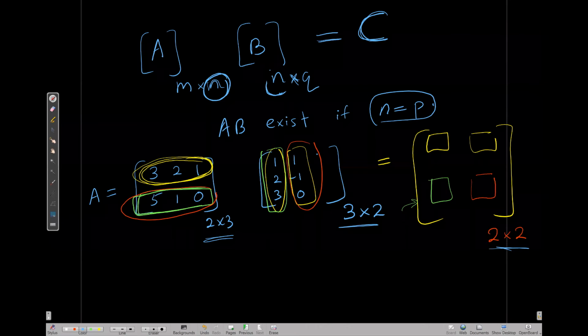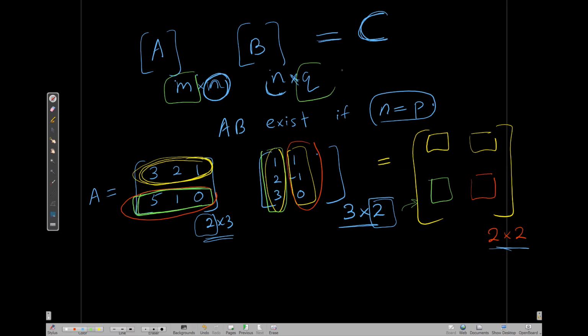So the size is determined by the remaining numbers, the corner numbers, the outer numbers. So in this case, M cross Q. Now let's verify this for ourselves, let's quickly verify this. So let's take